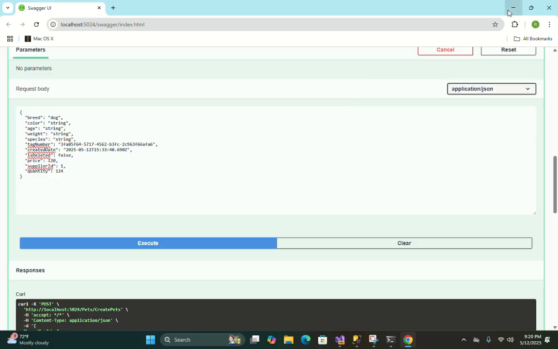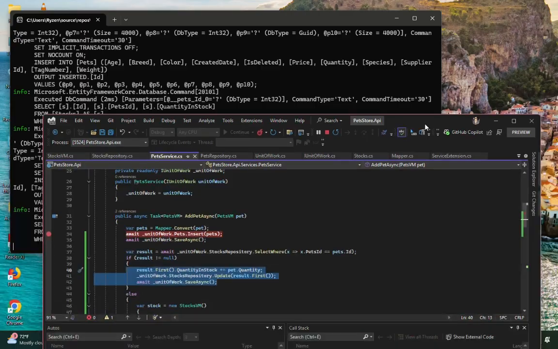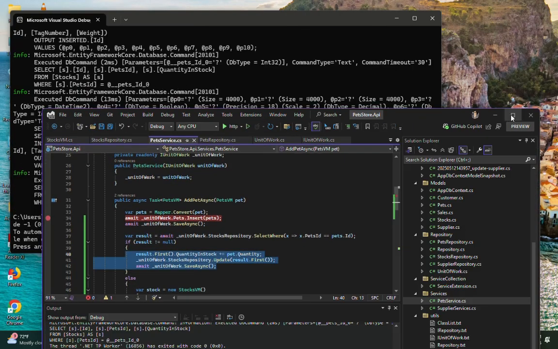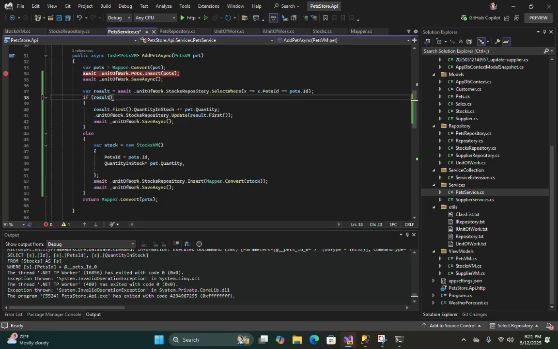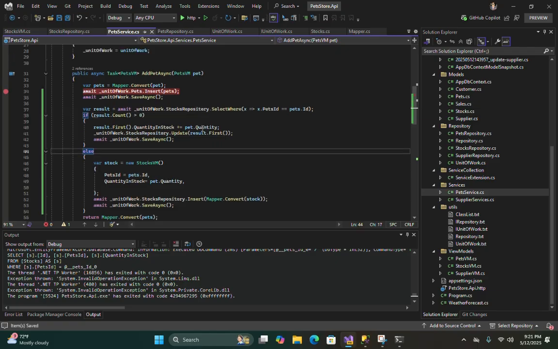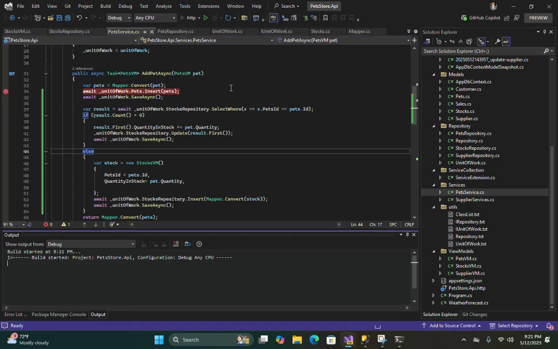Alright, let's continue this and stop this one. Instead of checking the null, we can check if result.count is greater than 0. If result.count is greater than 0, then we need to update our function, right? So let's run it again.